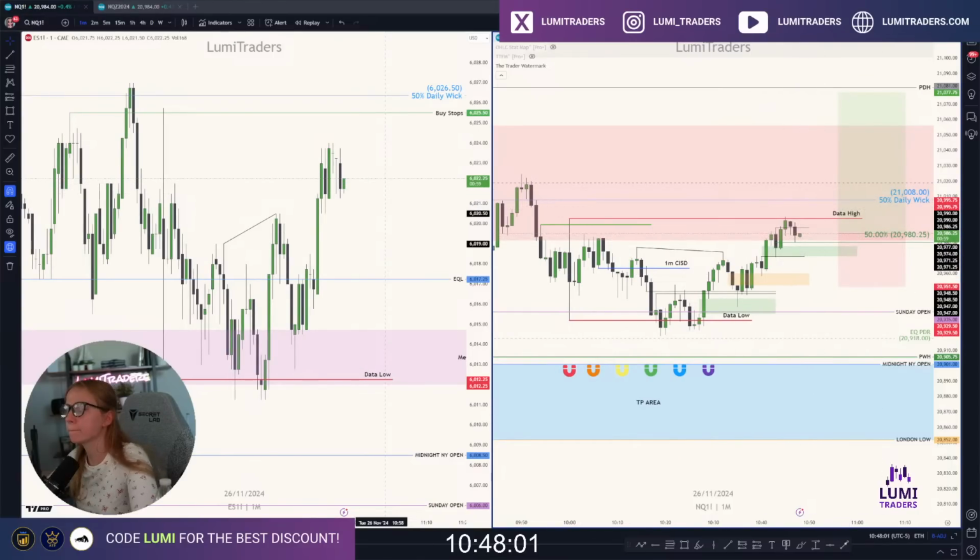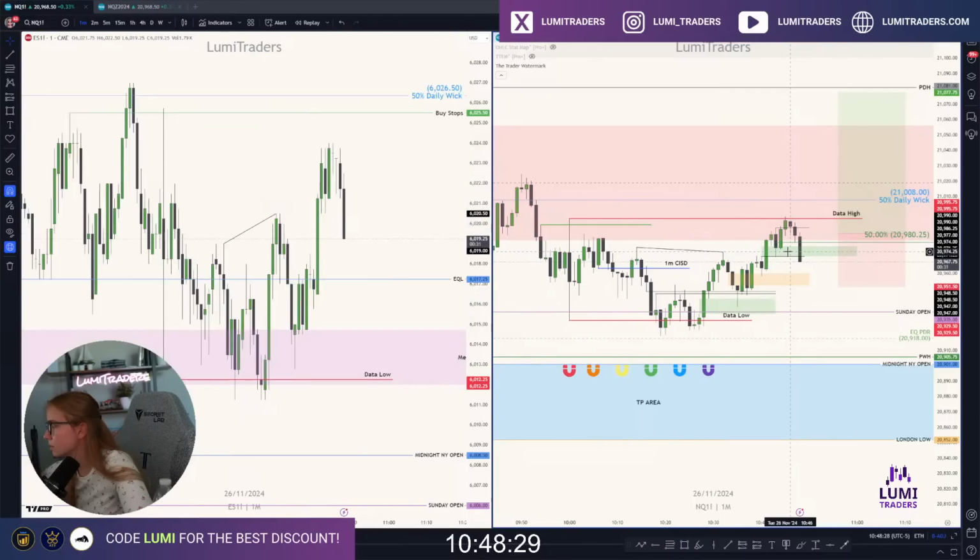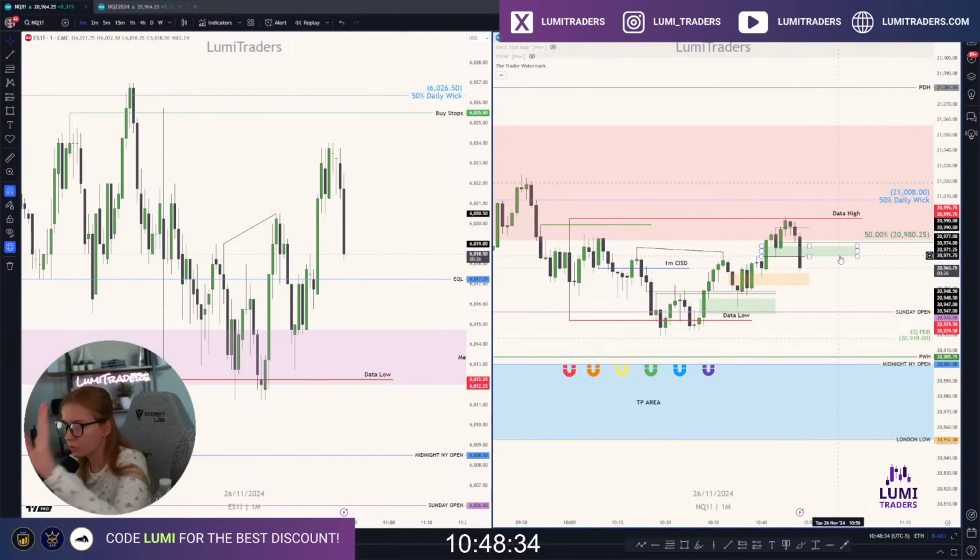Data high taken. On ES failed so far. Just give me momentum to long if you want to long. Nothing yet. You're long right now. I'm not in long. I'm not in this long trade. It's not enough for me still. I cannot see any solid reaction from this OB. I am not in this trade, guys. OB broken. Not interested even anymore. So that's it. Ignore this trade. Invalidate it immediately once 50% is broken. It's okay.